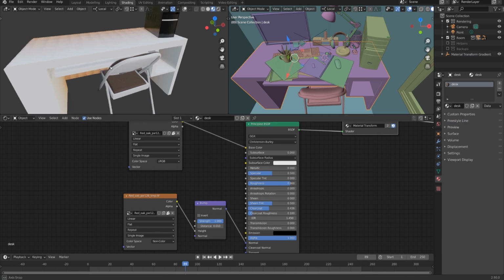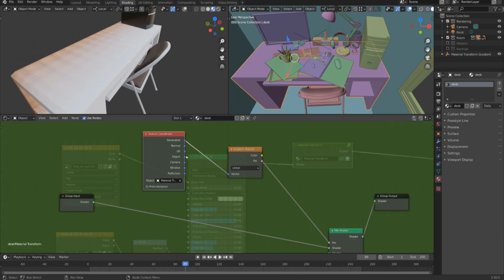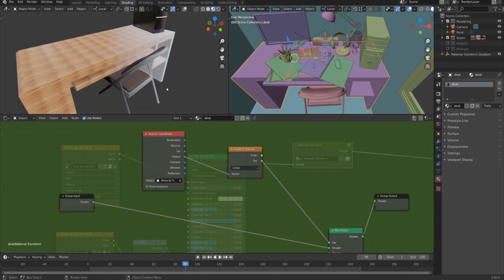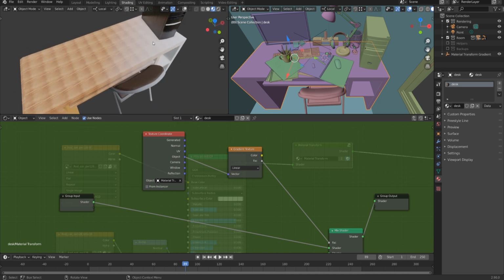Select that desk, and there we go. Now we just need to plug the object coordinates into the gradient texture, wait for it to reload, and now wherever this empty is going to define where this texture shows up. So as we scrub towards 0 and up towards 1, you can see it smoothly transitioning across all of the